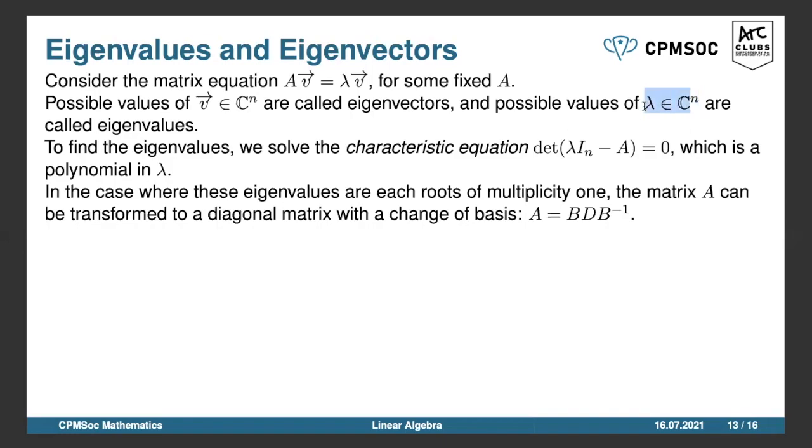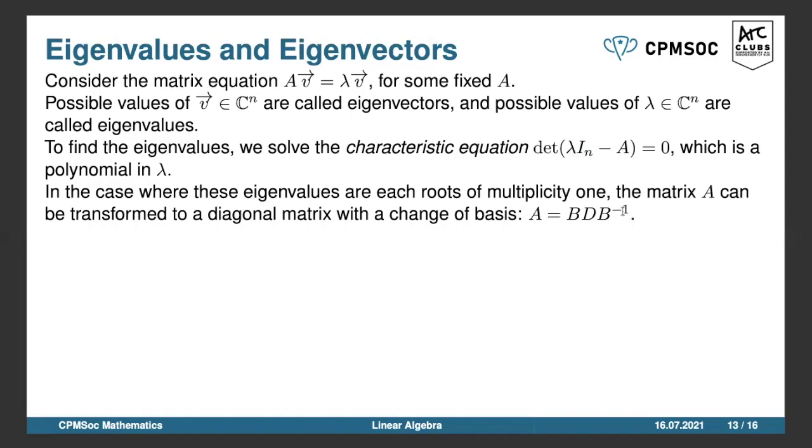Sorry, this should be lambda in C, not lambda in C to the n. And when this characteristic polynomial has roots of multiplicity 1, that is, it doesn't have any quadratic factors, well, then,